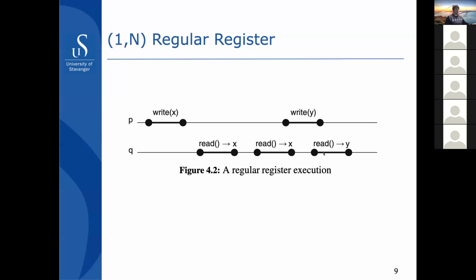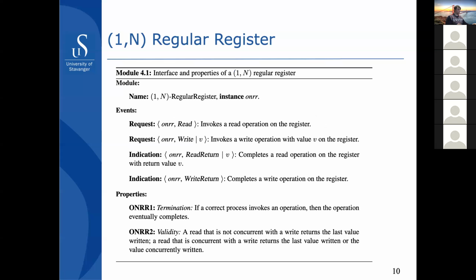So the last read can be seen as correct, or the argument of why it's correct,